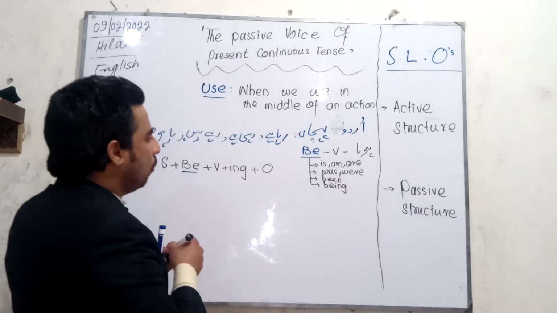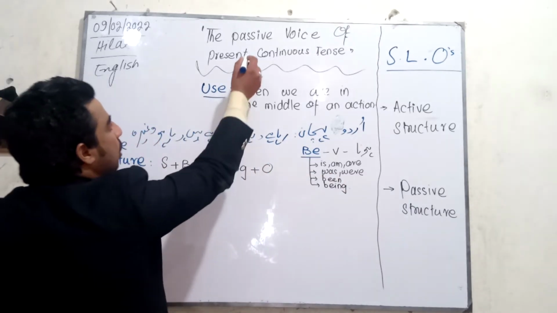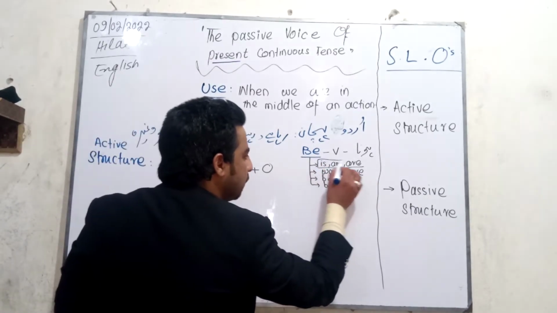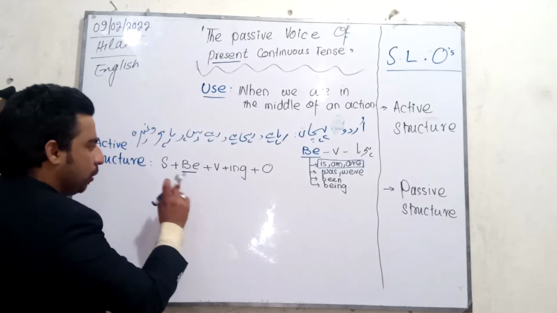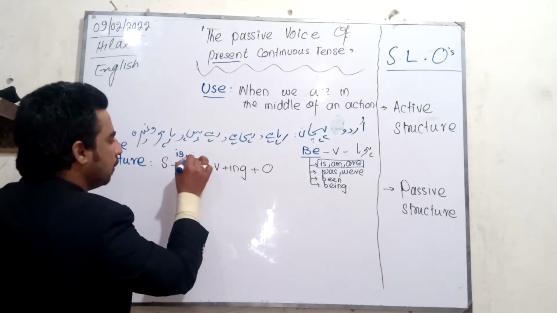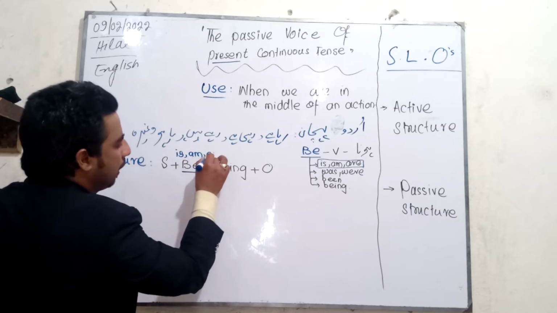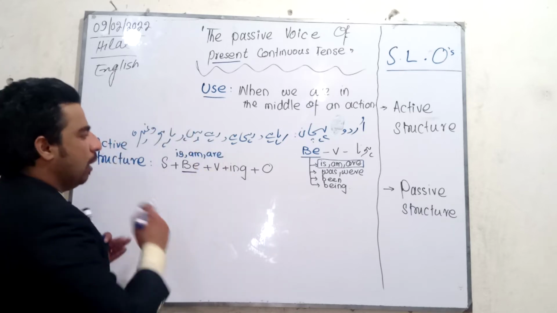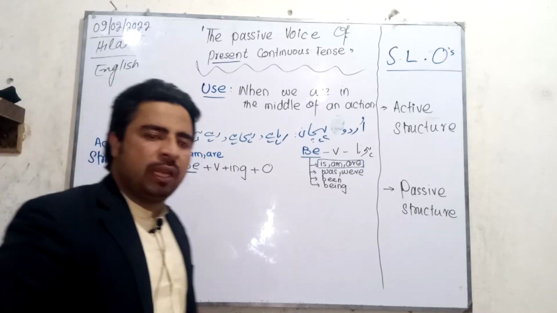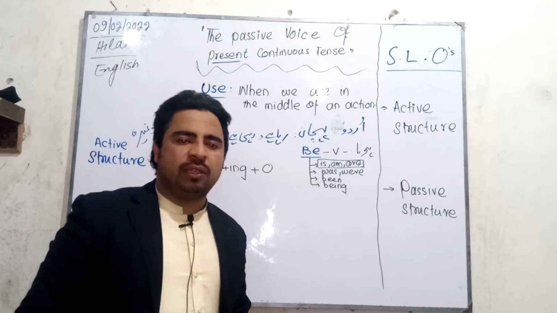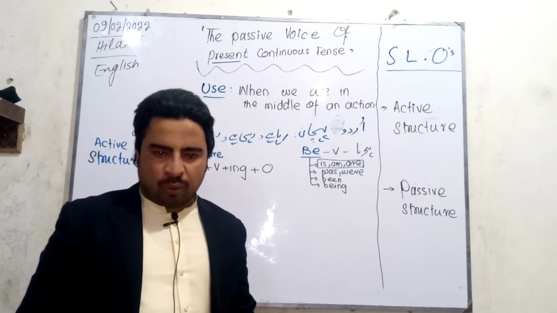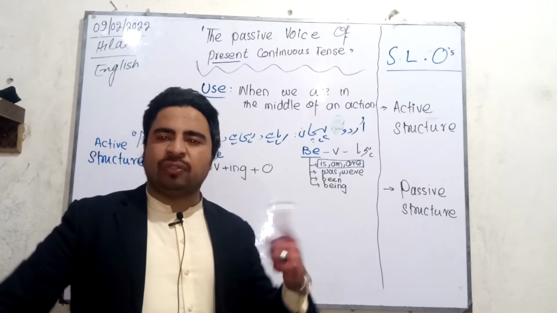ठीक है. Now currently we are basically talking about present, so here it means we will have to take only is, am, are over here. So here be means is, am and are. Okay, now I will just give you an example of where we will have to use is, like with the third person singular. For example, I may use he is, she is, it is. Okay, Ahmad is, so third person singular.